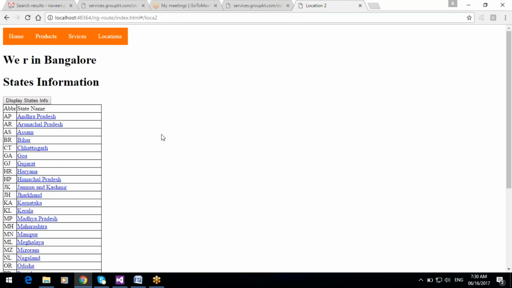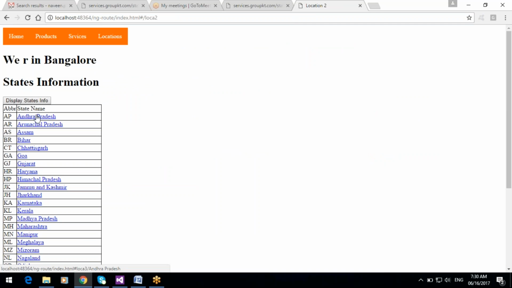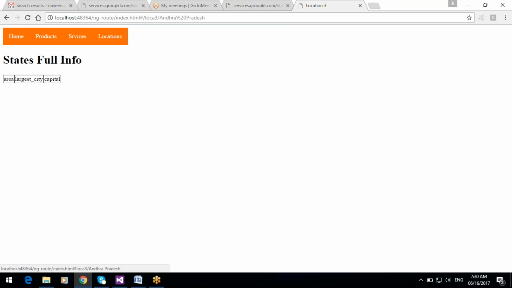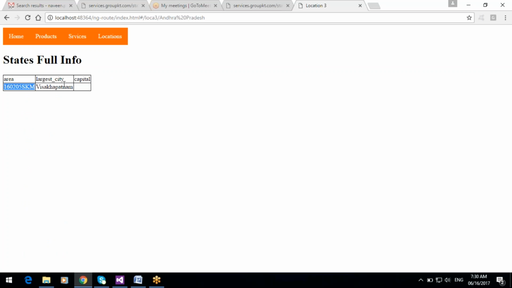So when you click on this button, the total result is displayed like this. When you click on Andhra Pradesh, the URL changes to location 3 and slash Andhra Pradesh. This is the query string, and we are getting this query string and the appropriate result: area, largest city and capital.